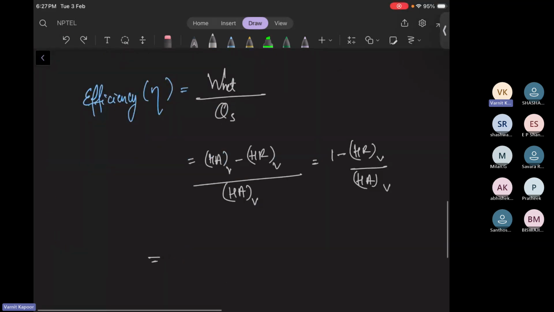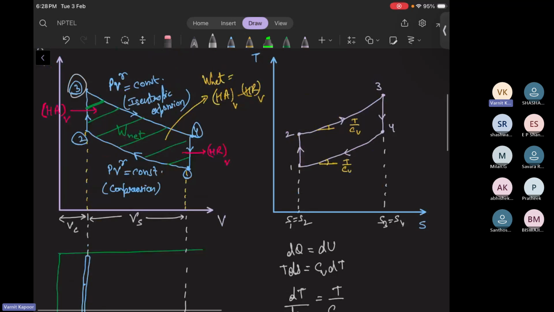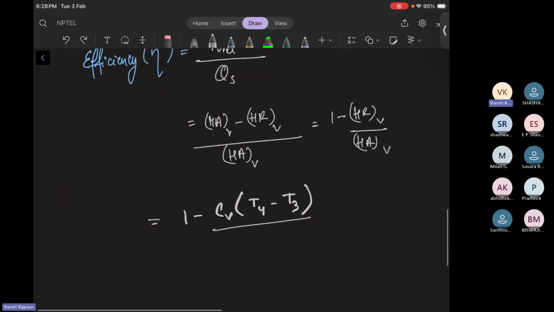So heat rejection is cv into T4 minus T1. And heat is added from which temperature to which temperature? From 2 to 3. So it is cv into T3 minus T2. As we assume in the assumptions that Cp and Cv are all constant for this perfect gas,